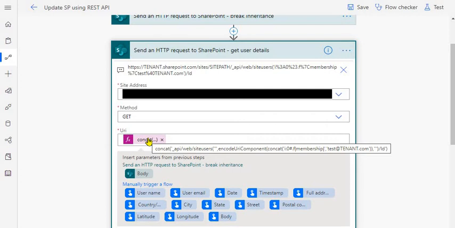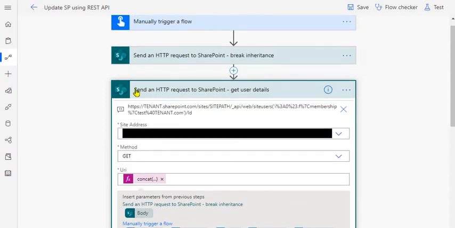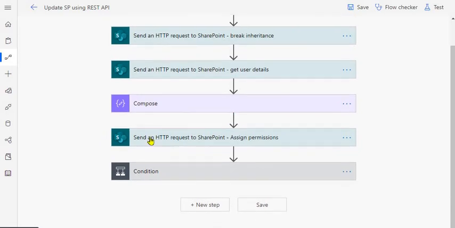So to avoid any issues while calling the REST endpoint, you need to make use of the encode URI component function. So this is the second step where we are getting the user details or the group details, and we'll be using the output of this action in the next action where we will be assigning the permissions.